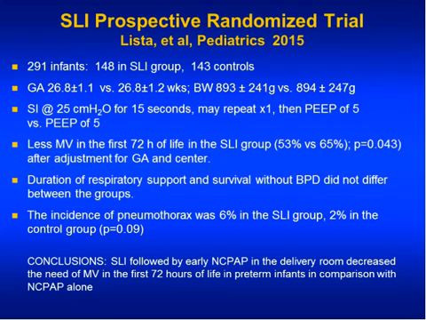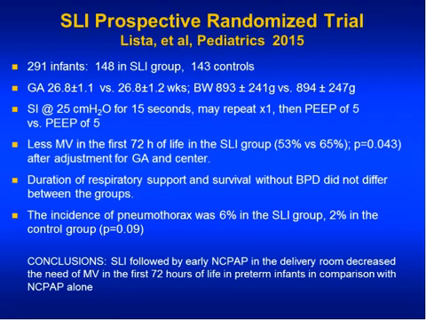The intervention consisted of a sustained inflation at 25 centimeters for 15 seconds, which could be repeated once, followed by PEEP of 5 centimeters compared to just PEEP from the beginning. So PEEP is now standard of care. So that's a comparison group. And all they could demonstrate was that there was less need for mechanical ventilation during the first 72 hours of life in the intervention arm. That was their primary outcome, and they met that primary outcome, but they could not demonstrate any of the other benefits like reduction in chronic lung disease that they saw in their